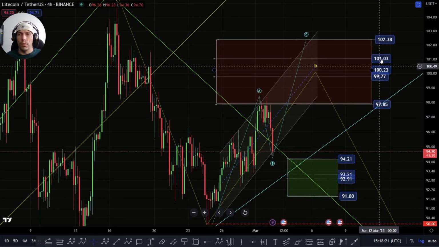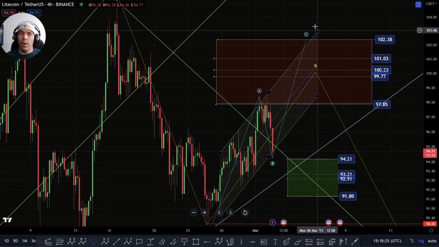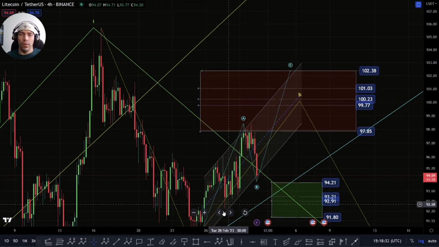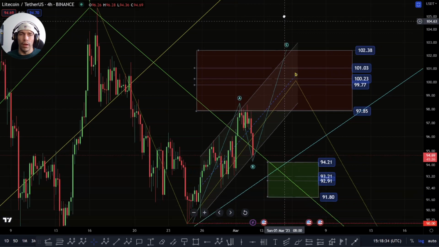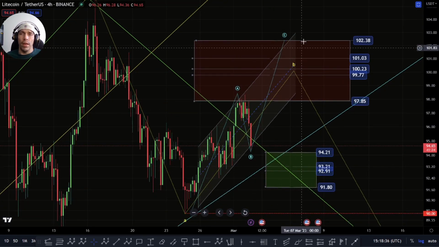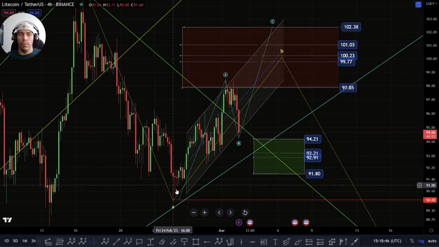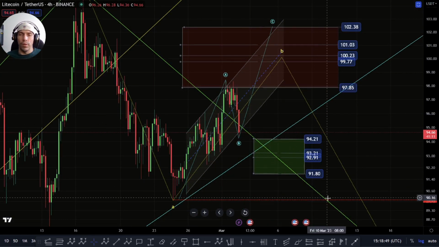So that key zone to the higher end would be this 78.6, this 102.38. Moving past this makes it more probable that we're actually starting to get extension within here, and we could see this play out as some kind of other structure here. But really, for more confidence of saying that we're in some other kind of impulsive move, we'd have to move above this 105.73, because for as long as we're below that, we still have that potential to actually